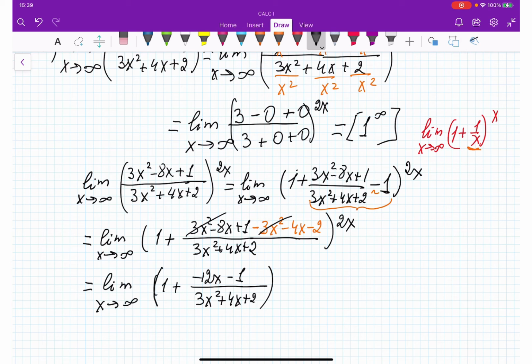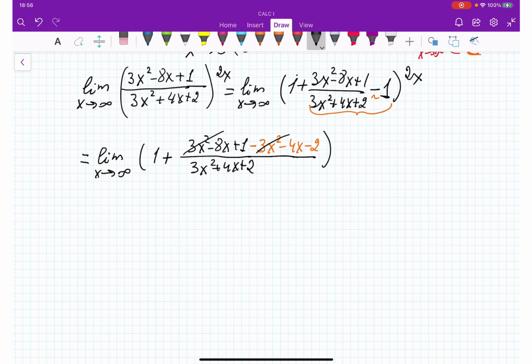It's going to be 3x squared plus 4x plus 2 over negative 12x minus 1. And because out of nowhere we raise to this power, so as not to unbalance this expression, the same thing I'm going to do, multiplying, raising to power 2x, and then